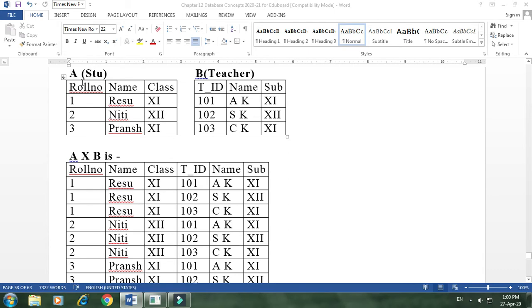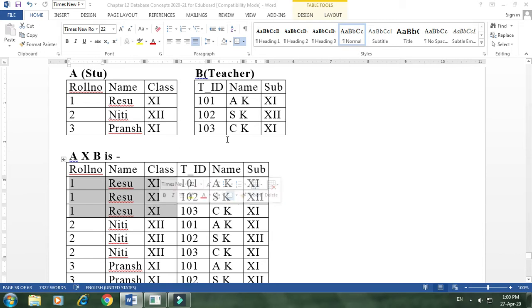Now if we go for A cross B, the first row of the first table is taken and then concatenated with all the rows of the second table. You can see the first row coming thrice because it has to concatenate with all three rows of the second table: the first row, second row, and third row.